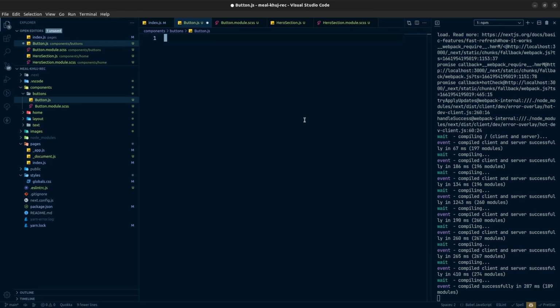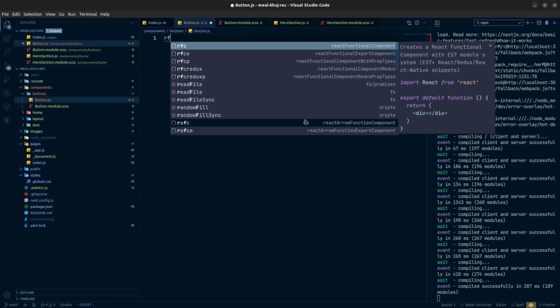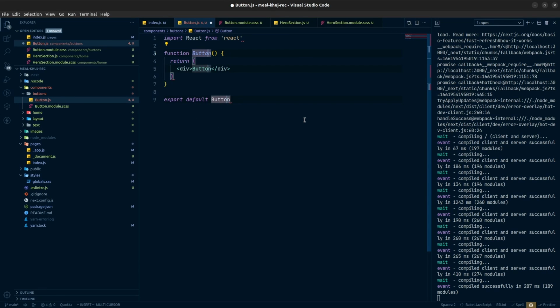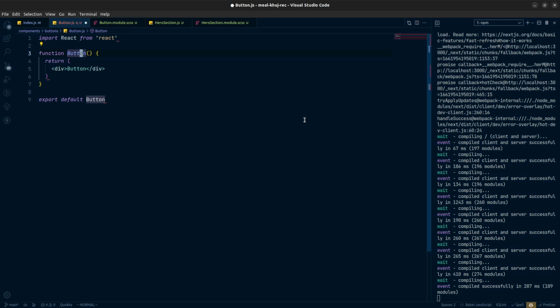So in our button.js file, we need to create a functional component here, and inside that we will have two kinds of buttons. One will be a button with a link and another one will be a button without a link. So we need to create two buttons. First of all, I will have a button which will be with a link. This will be a normal button which will be for redirecting us from one page to another. So here will be a link. Let's say that I will get a link from our parent. By default it will be / only. So children,